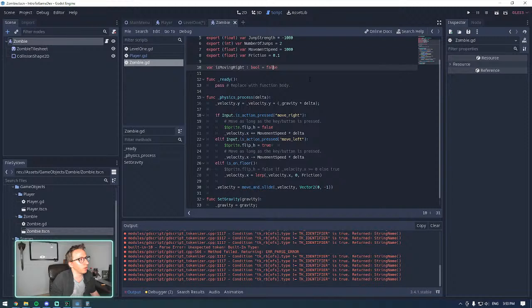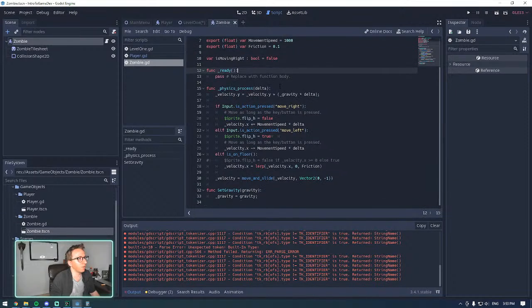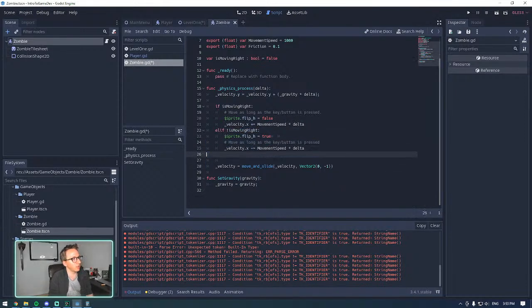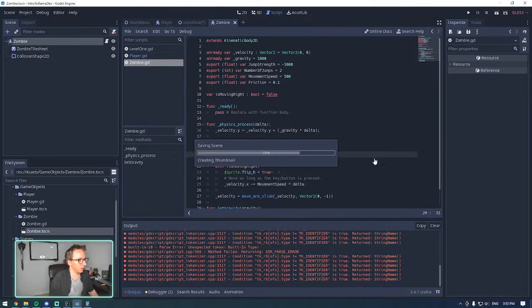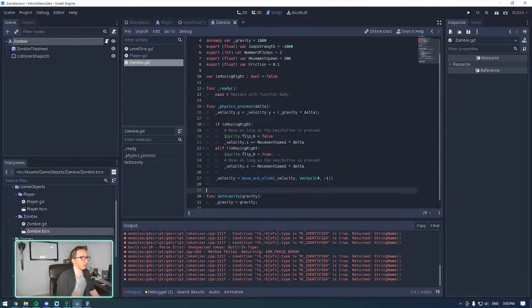So is moving right Boolean false, and then physics process. First we need to say if he's moving right, else this. And he's actually just never going to be doing this. And his movement speed is actually going to be slower. And then in our process function, we're going to say func